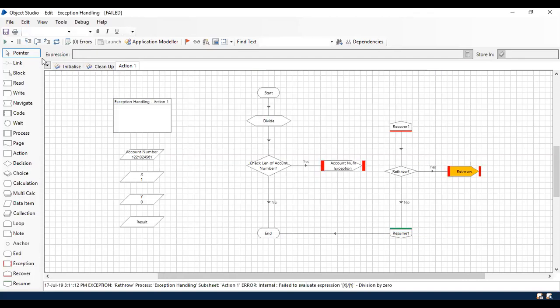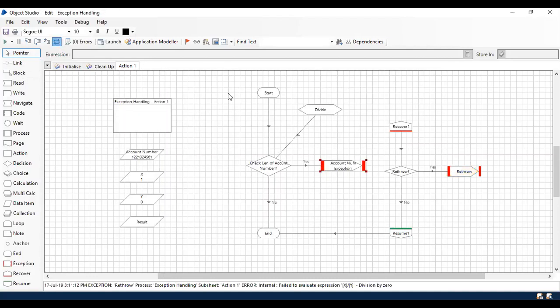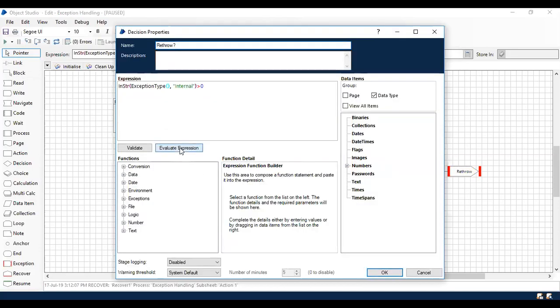Now, in the same example, we are going to see the next part, which is checking the account number, because here we have defined the exception type and the exception details as well. I'm going to run it, and it's going to throw the exception. In the exception rethrow check, we are going to check the exception details.